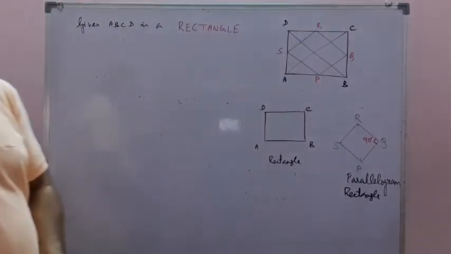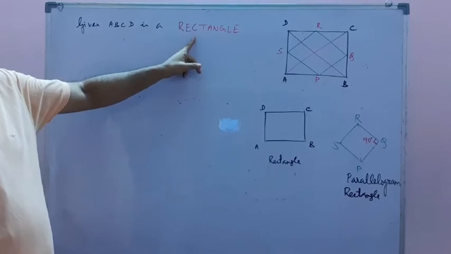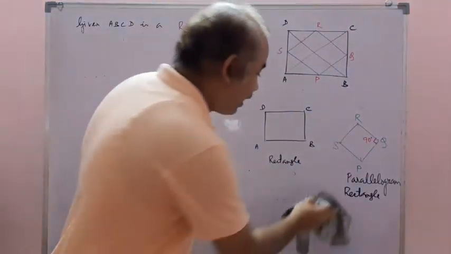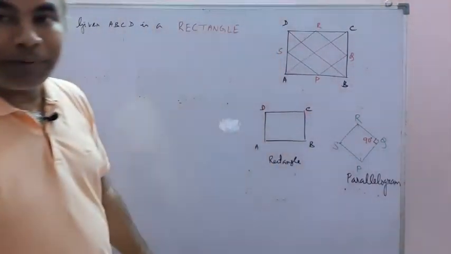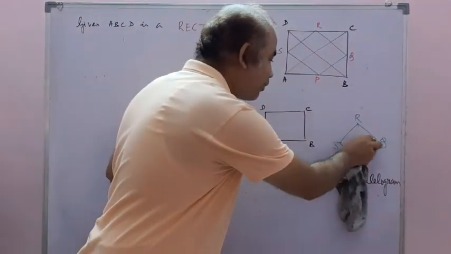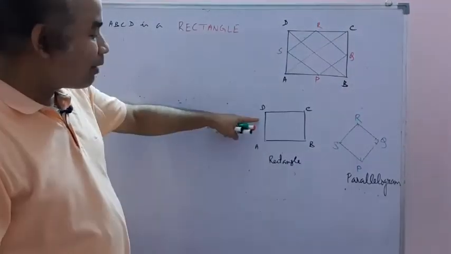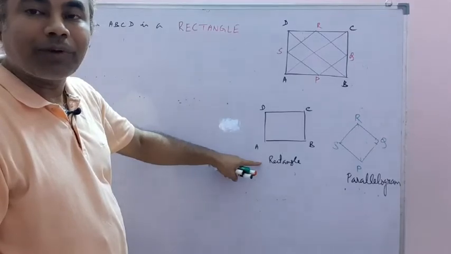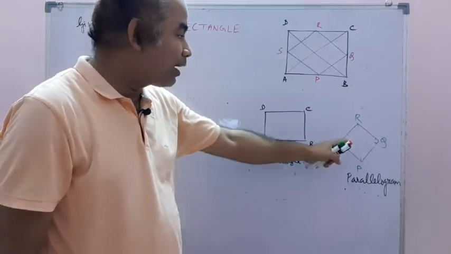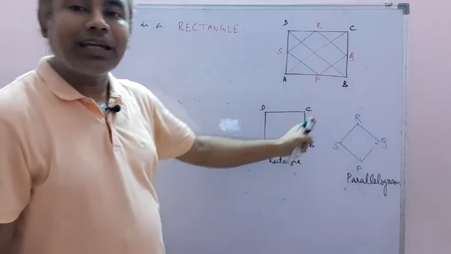Okay, next one is this. Suppose your given quadrilateral ABCD is a rectangle. Then what about PQRS? For any quadrilateral, PQRS will be a parallelogram. So this time also PQRS will be a parallelogram. But is there any special name for this parallelogram? Because this time ABCD is a particular type of quadrilateral, a rectangle. Then what about PQRS? That means PQRS is formed by joining the midpoints of the sides of a rectangle. Then what is the name of that quadrilateral?